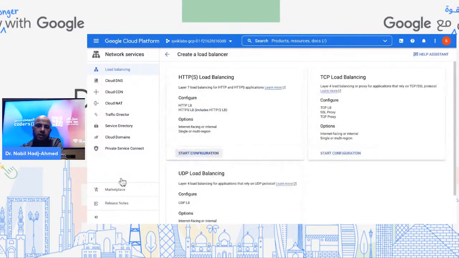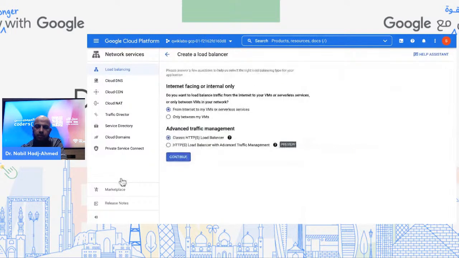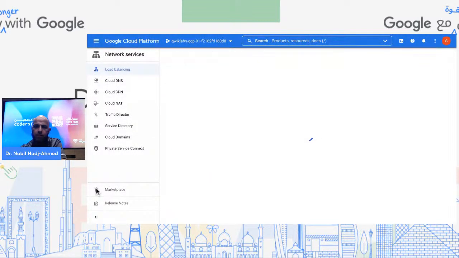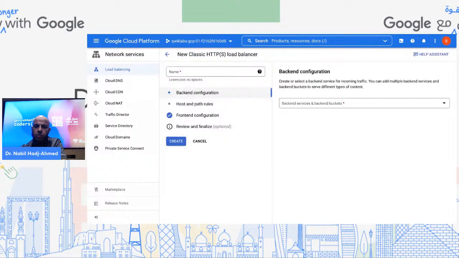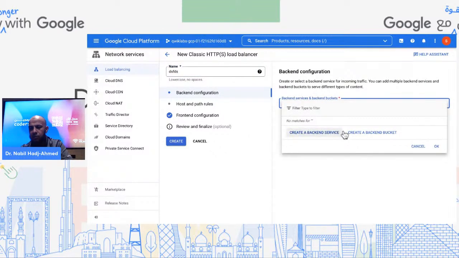And it's like a wizard that you're gonna go through from internet to VMs, classic HTTP. You give it a name. I'm not looking at the specifications that we've seen, but basically what you can do is use a storage bucket as a backend,